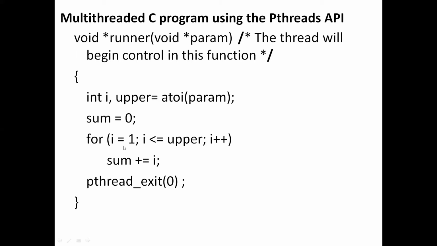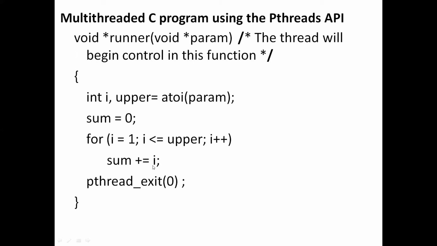The I value we have initialized in the for loop, that is I equal to 1. Is 1 less than or equal to 3? Yes, it is true. So now control will come inside the for loop. In the for loop we have only one statement, that is sum plus equal to I. That means sum equal to sum plus I.